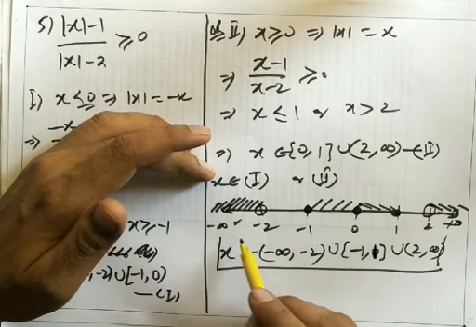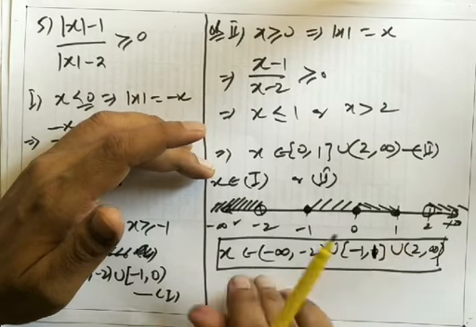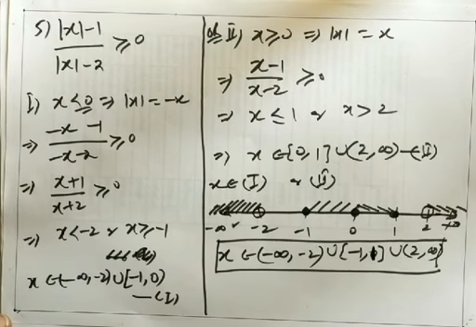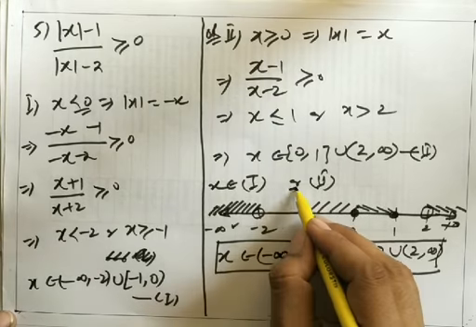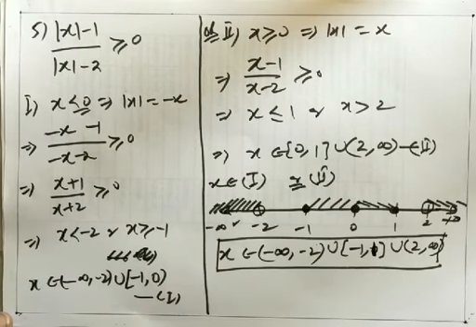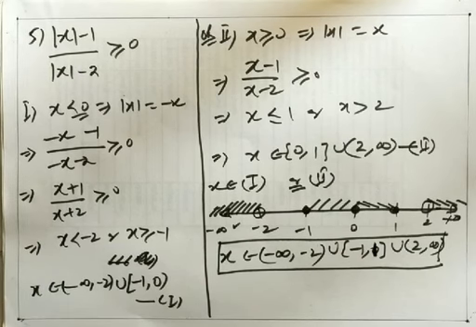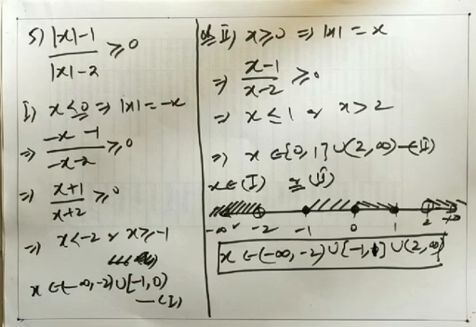Now you can see here those parts of the number line which contain only single shade, they were also part of the solution, because this case was either or, this case was not an and case. So even if single shade is there, that will also be considered over here. This is a different example from previous examples.